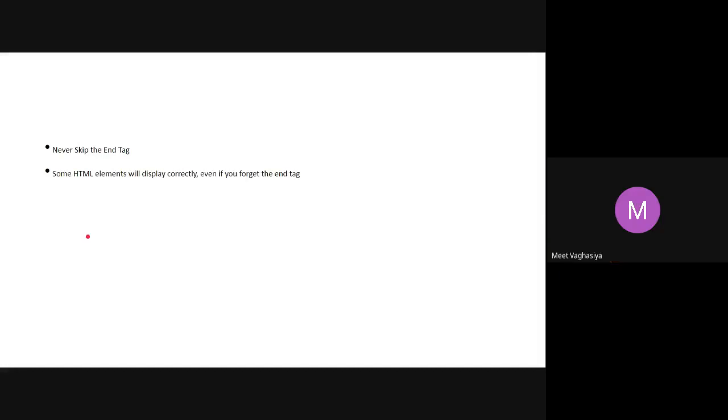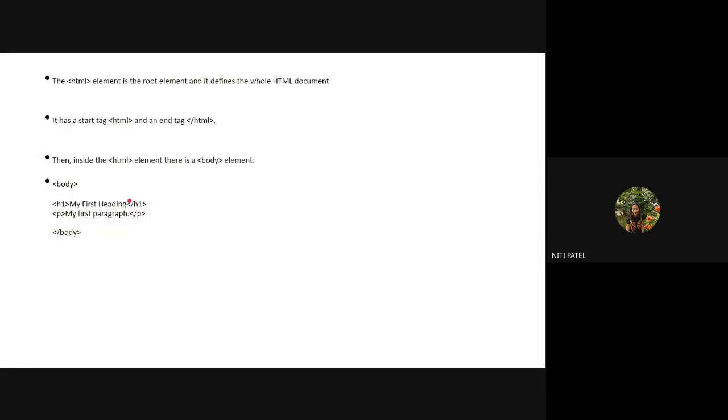Yes, ma'am. Okay. Now see, what is written, you are never allowed to skip any end tag. Because what will happen if you skip the end tag, some of the contents will not be displayed correctly. So if you have started this P and if you forget to close this P, many a times it might happen that this line is not displayed.